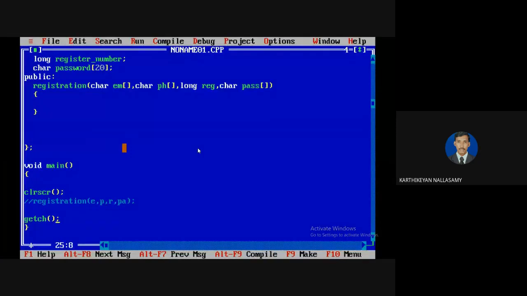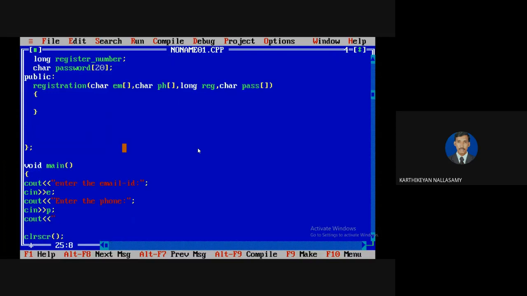pass those values. So here I am going to read a value from the user. For example, cout, enter the email. This is the outside environment. Here it is a console application, so we are unable to do this with a GUI application. So I'm using a console application just to read a value from the user. Then I enter the phone number. See in, it is a phone number.